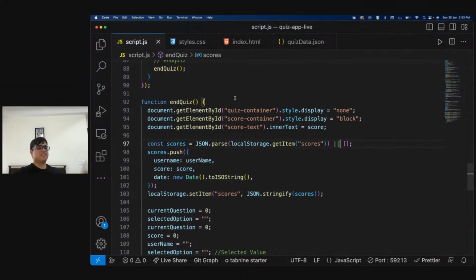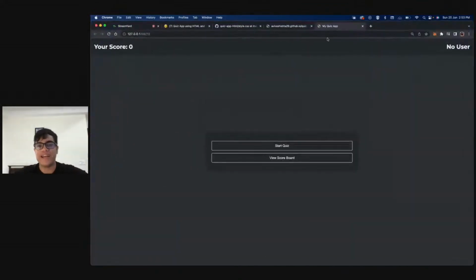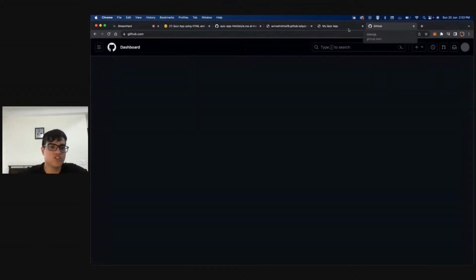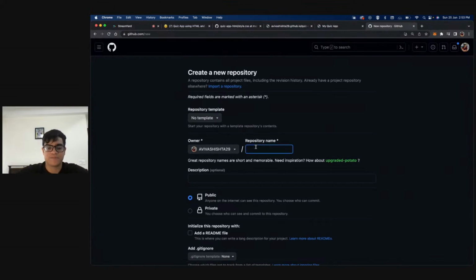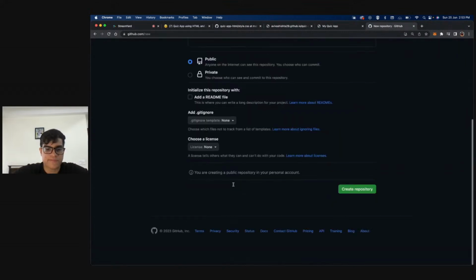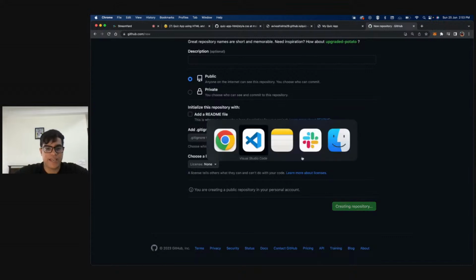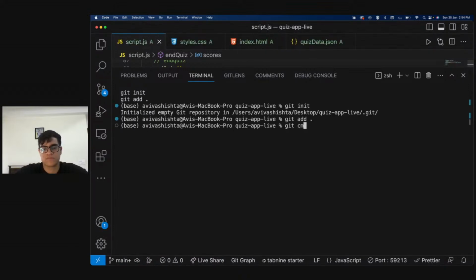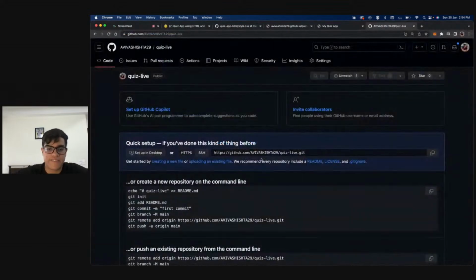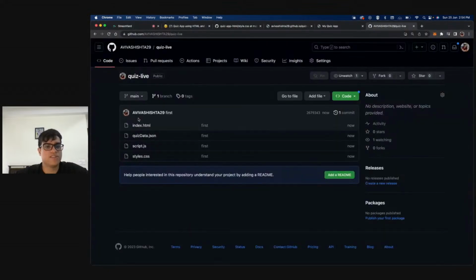What I will do is, yes, I will also discuss the timer part. But right now, what I would quickly like to do is push all of this to a new repo so that you guys can refer to both the codes that are there, right? So I will quickly add this in my GitHub, so that you guys can definitely have a look at both the codes. The code is live now.